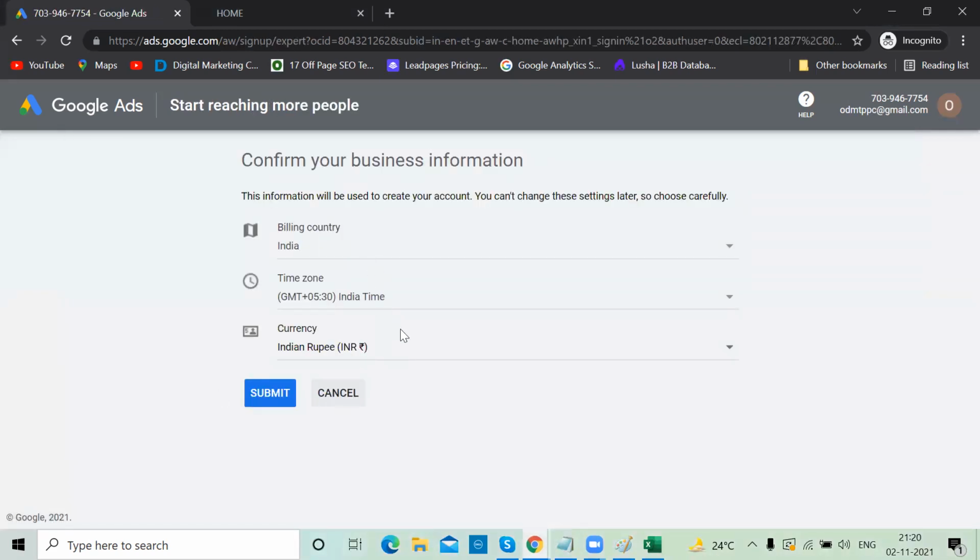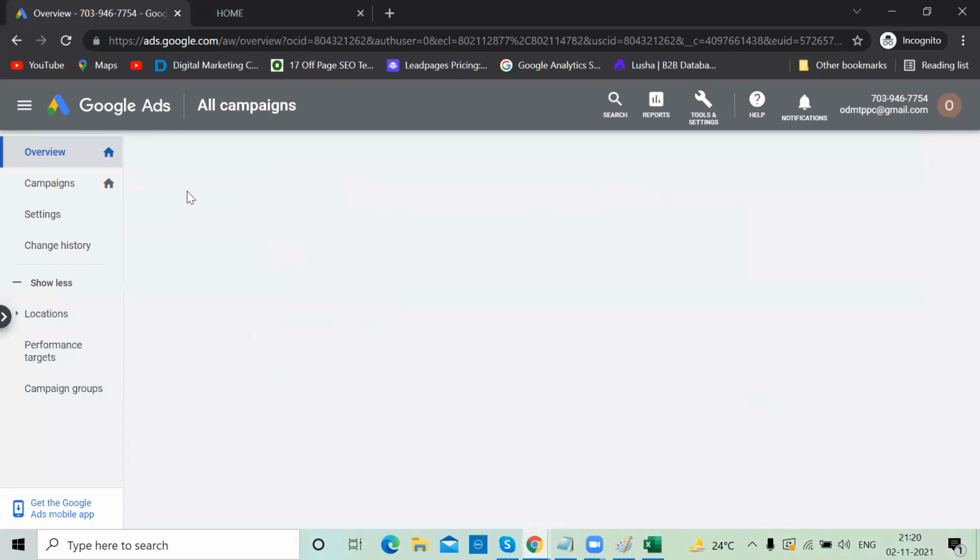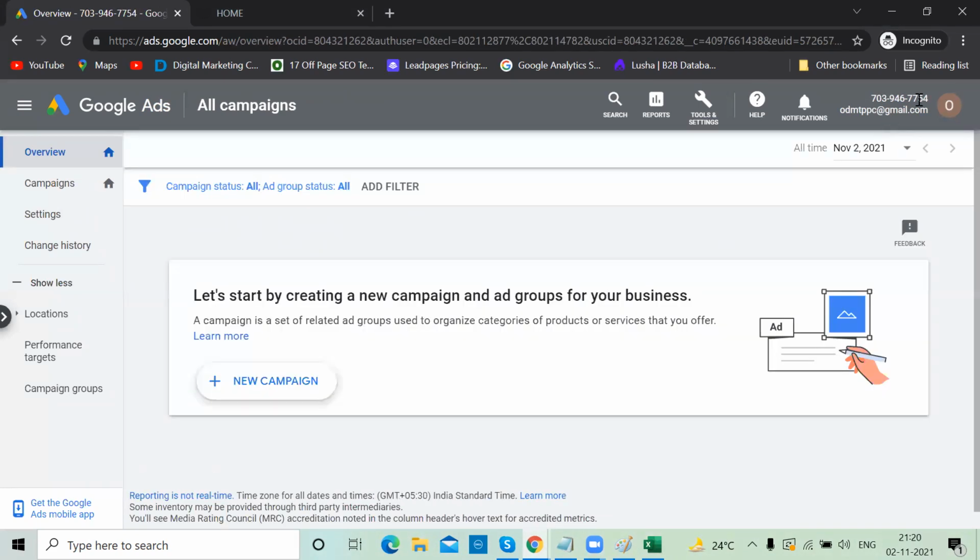So this should come. What is your billing country, time zone, currency? Without this, your account is not created. So my billing country, I'm targeting wedding photographers, India, and these are fine. As I explained before, you can't change these settings later. Submit. And you should come to these options, then only move forward. Yes, I've given this number.